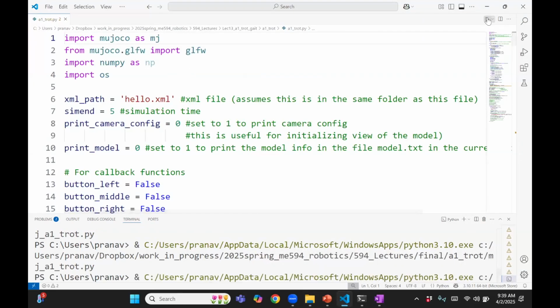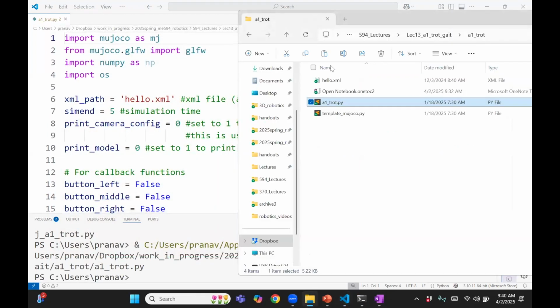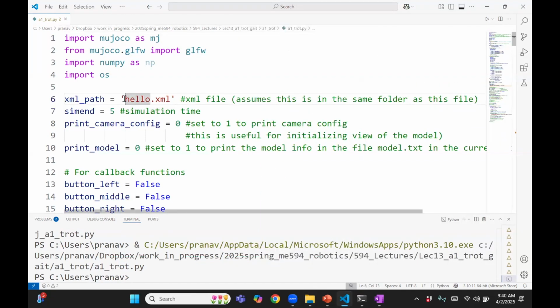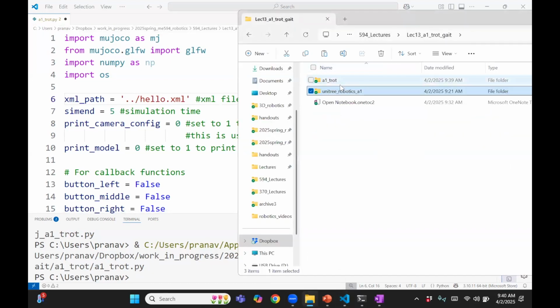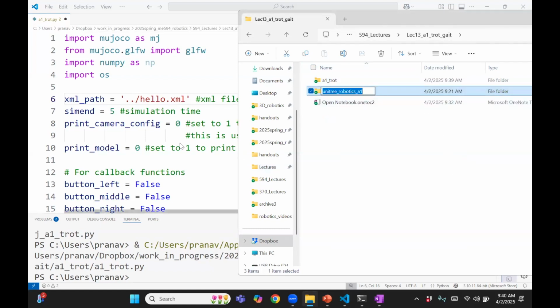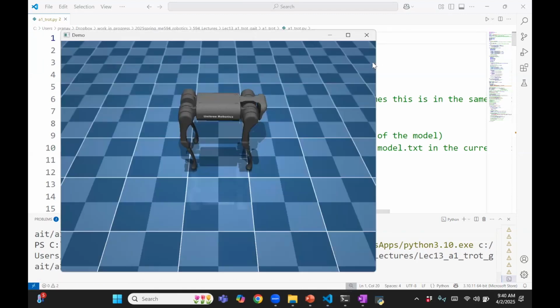And then if you run this, it basically simulates just the block, right? We want to change that to the Unitree robot. So it's sitting one level up in this folder. We need the scene file. So I'm going to just go ahead, copy the file name, sorry, the folder name. Then scene.xml. So if I run this now, you'll see that the robot actually